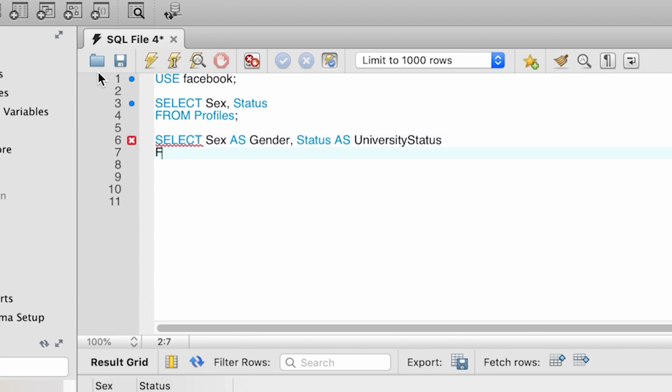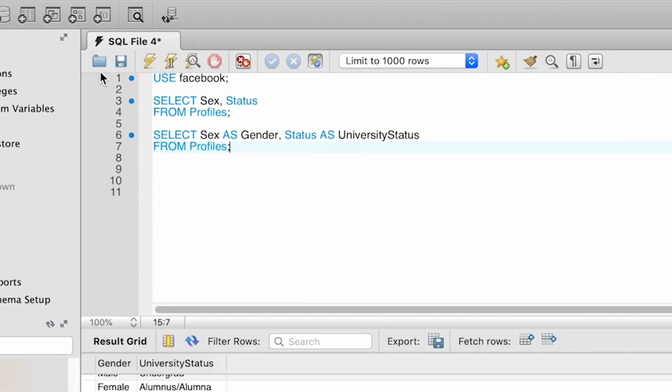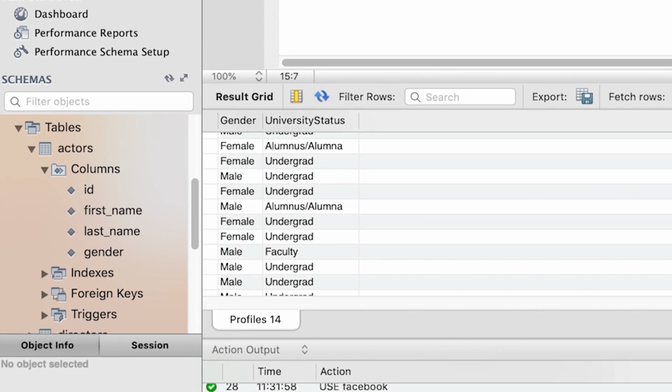We continue from profiles, and now we get back the same results, but the columns are called gender and university status in the results. So notice, since we do not have a profile ID, many rows are identical in the results of this query and duplicate values are not eliminated from the result.